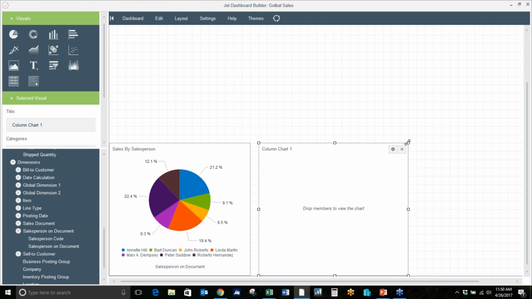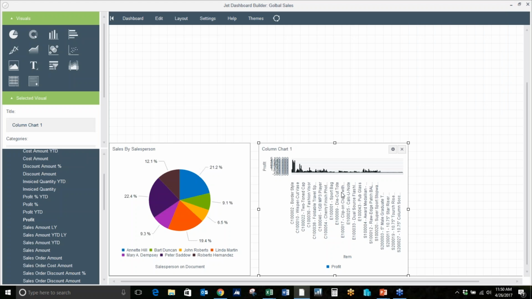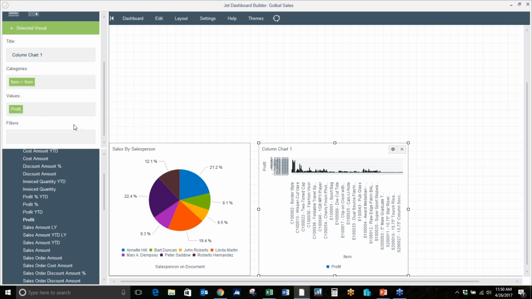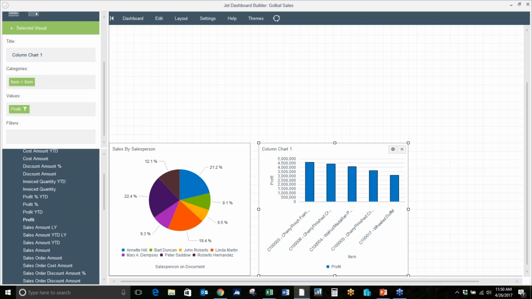So I'm actually going to build one where I can show you some of the filtering. So we'll grab something with too much information. We'll grab item and let's do profit. Yeah, so lots of information there. Really easy to filter on the information. If I go to this window pane up here in the upper left, I'm just going to click on profit and I can just do top 10, and maybe I just want top 5 actually. There you go. And then we can just call this top 5 items by